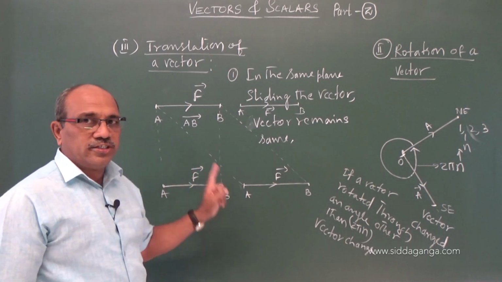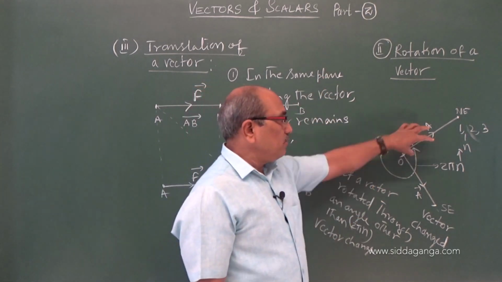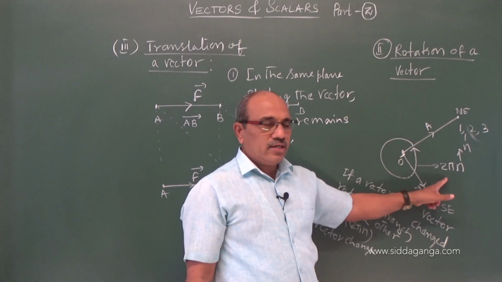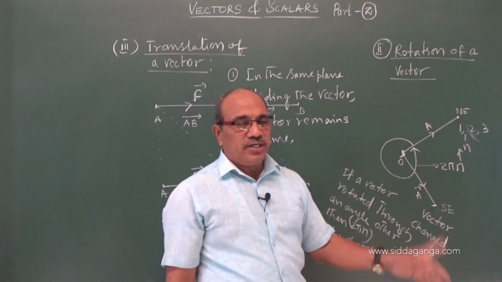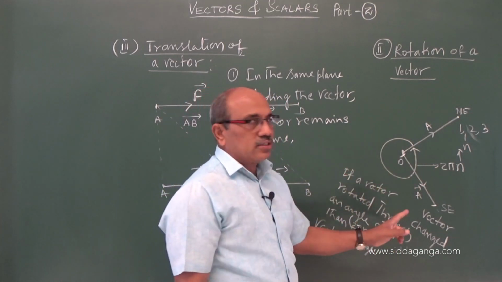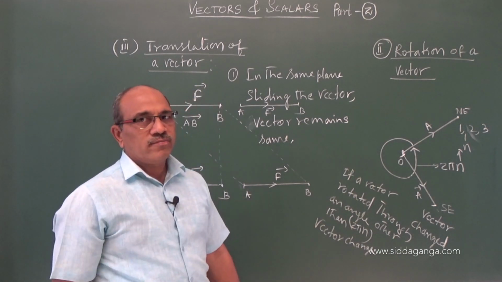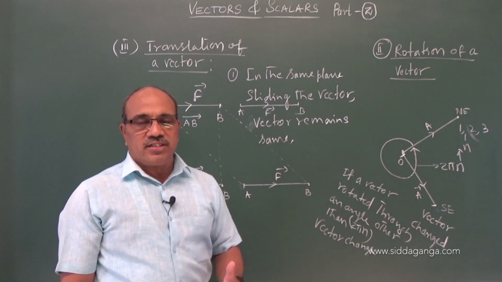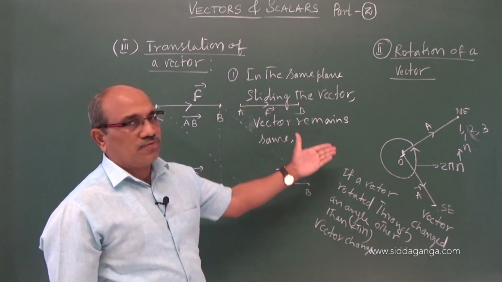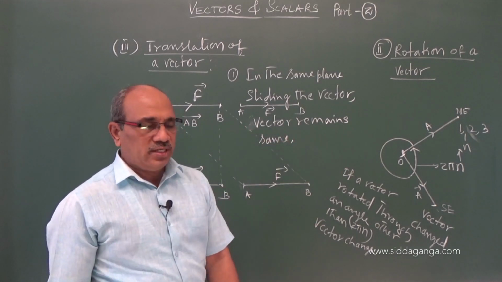Vector is not changed. Even in rotation, vector will not change. If you turn through an angle of 2 pi, it comes to the original position. If you rotate the vector through any fraction of 2 pi, the direction changes, that means the vector changes. We say the vector changes. With this knowledge, I hope you have followed the third introductory part: translation of a vector and rotation of a vector. When the vector remains the same is the most important idea you have to remember here.